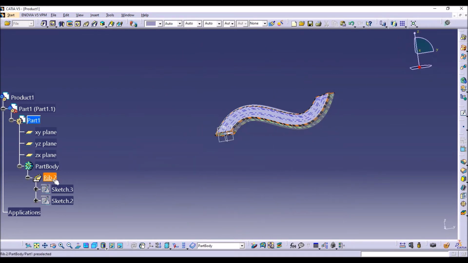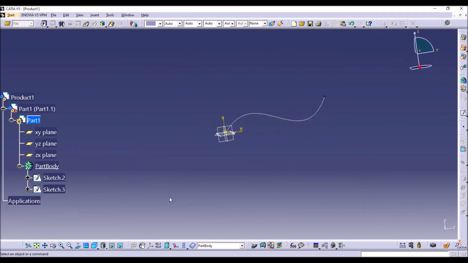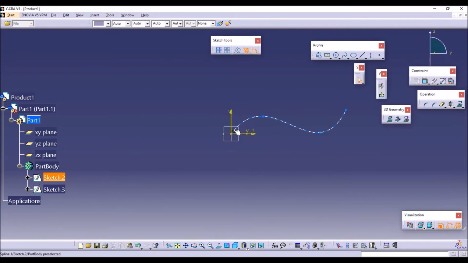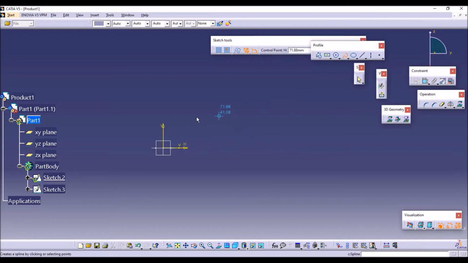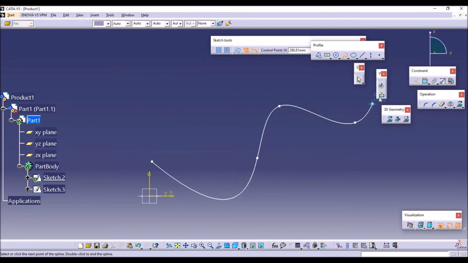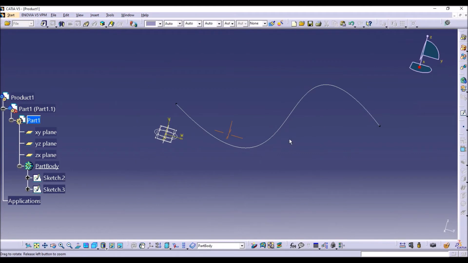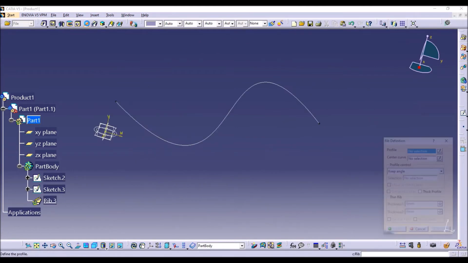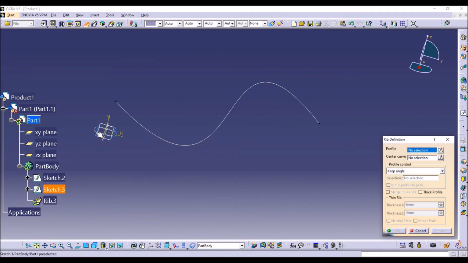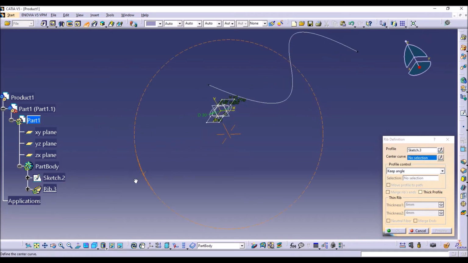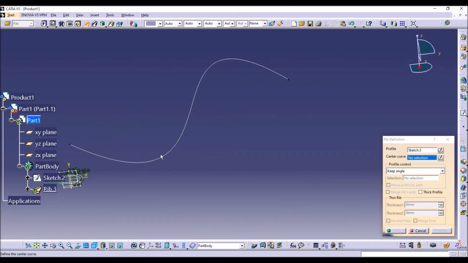Now I am going to draw a spline away from the center, like this. So this is a spline. Now I need to make a rib for this profile and the curve. So the profile is this one and the center curve is this one.